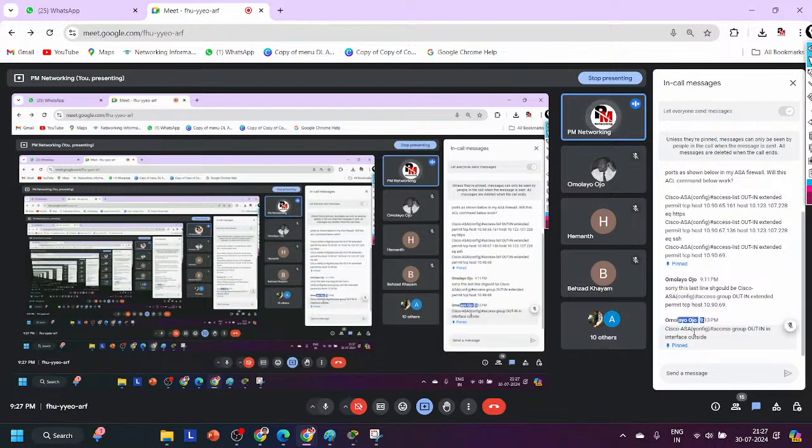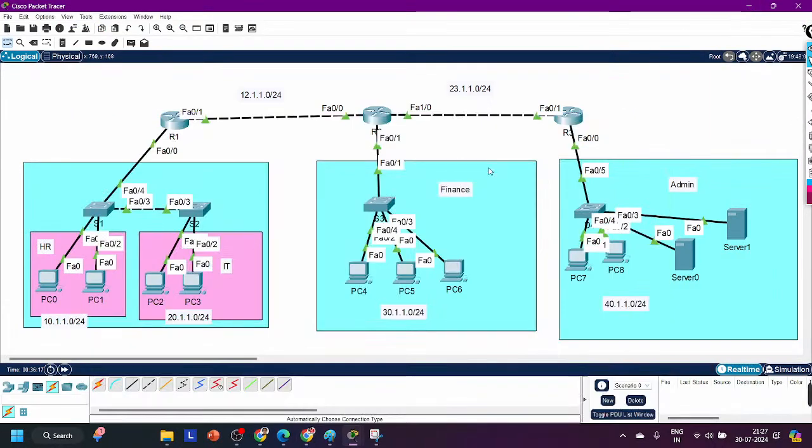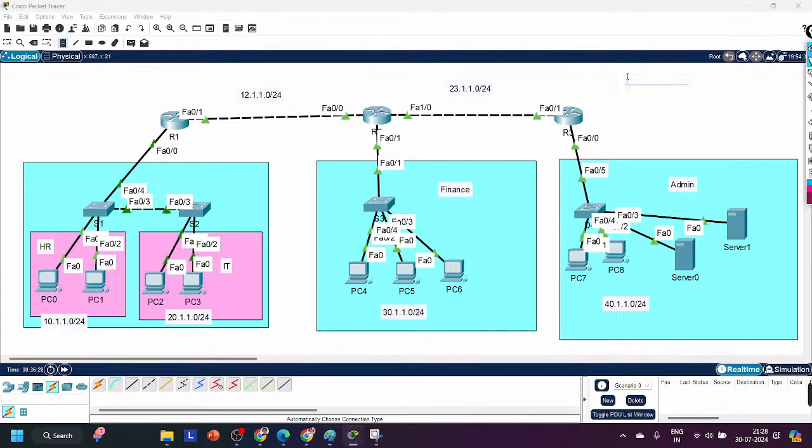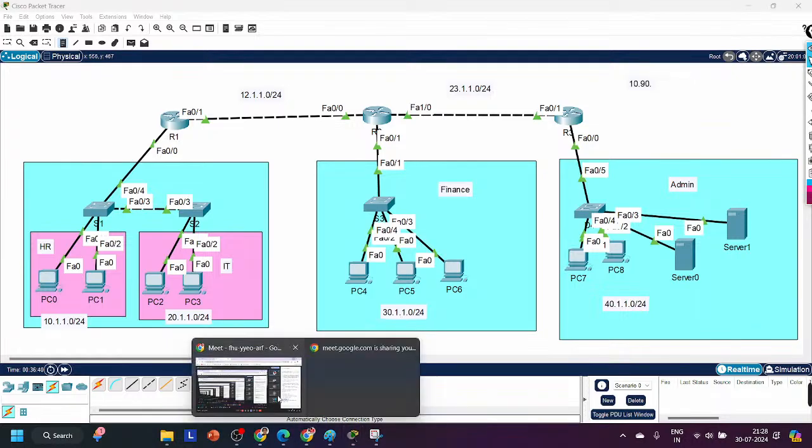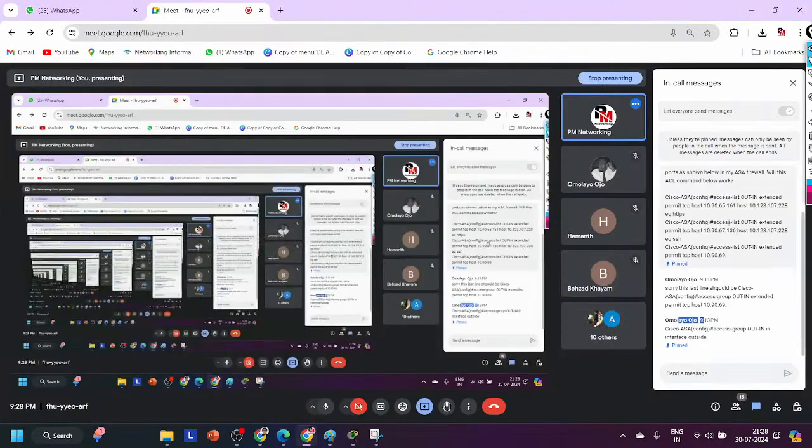Where is 10.90, brother, in my scenario? No, it's a different scenario. Different scenario. Yeah. What subnet do you want to use here? 10.90 dot. What is the subnet? Ten dot